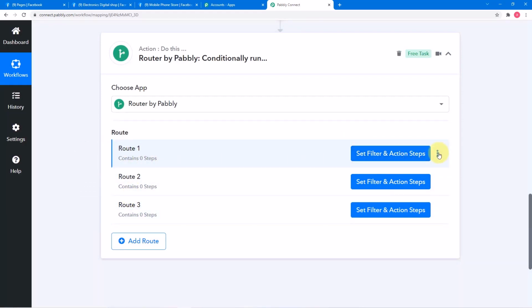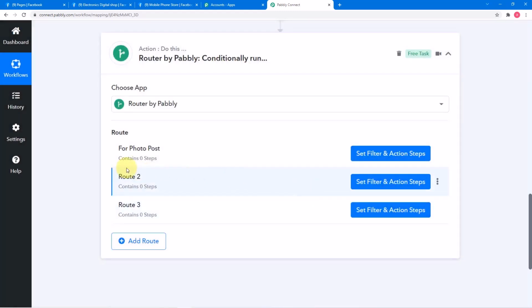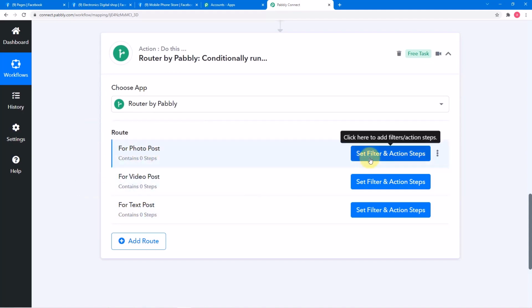So let me rename this first route, and let me rename it like for photo post. Okay, so because we have captured the data of photo here first, so I'm going to create the route for photo first, and let me rename other two routes also. Okay, so I have renamed other two routes as for video post and for the text post. So first of all, we are going to set up this route for photo post. Okay, so I'm going to click here on